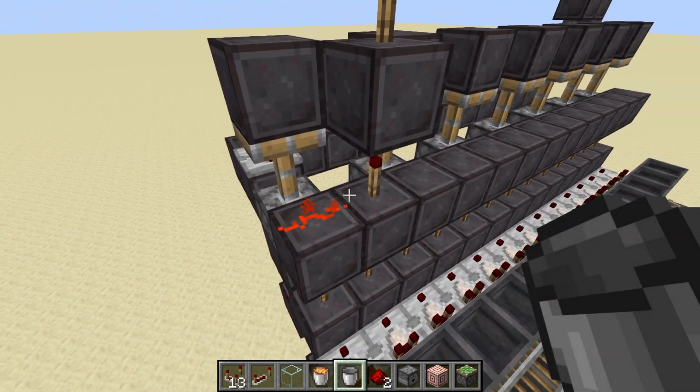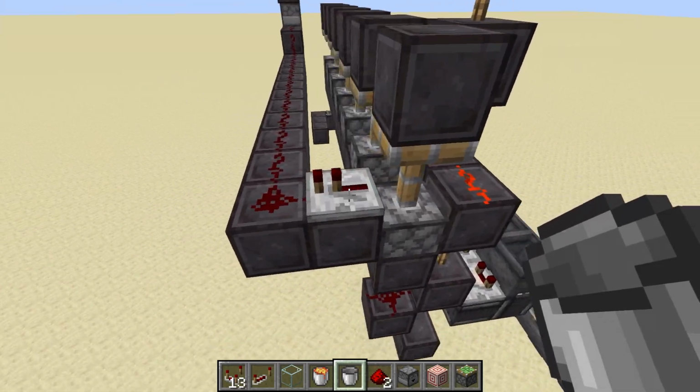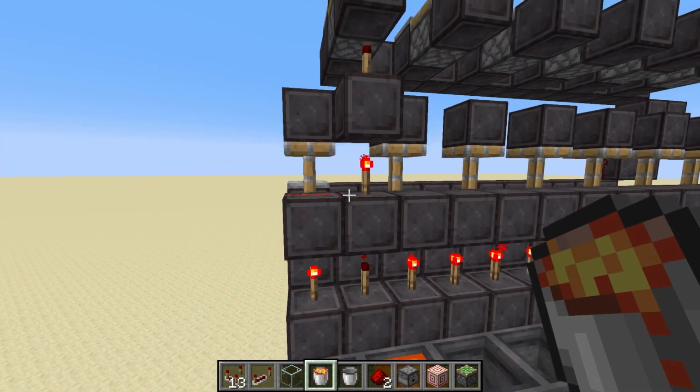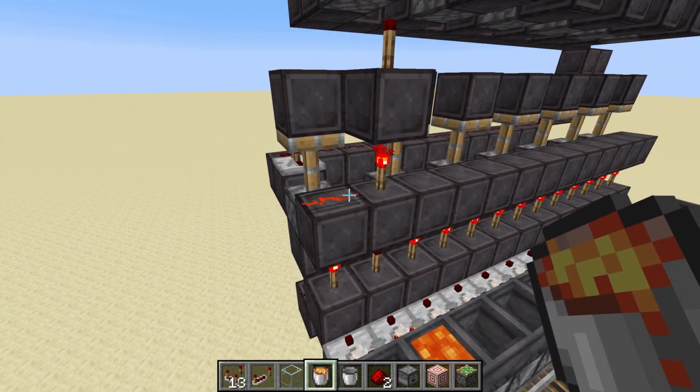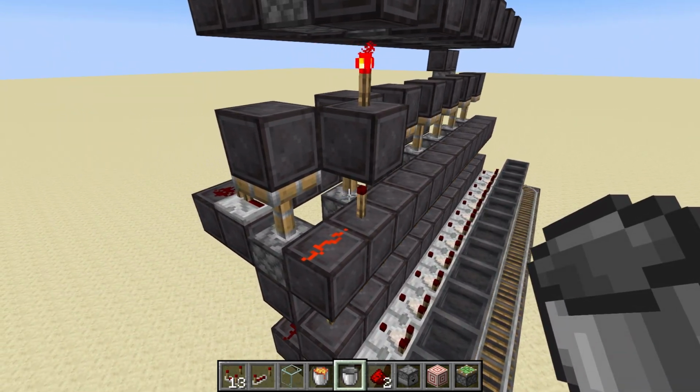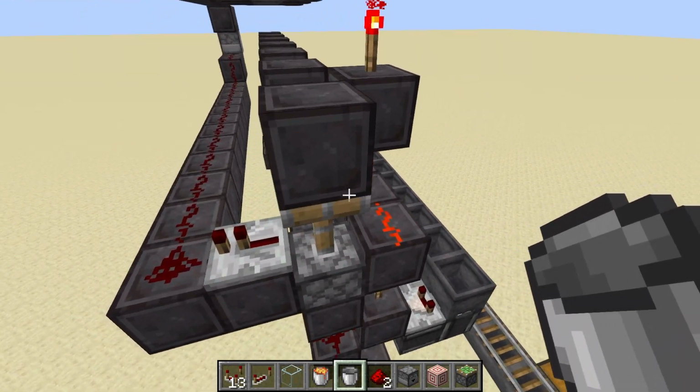Not only will this line not power this repeater, but if I power that way, it will also power that line, which means this one would never trigger anyways. So I'm going to have to go back to the drawing board, and while I do that off camera,